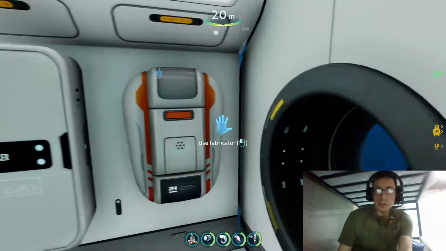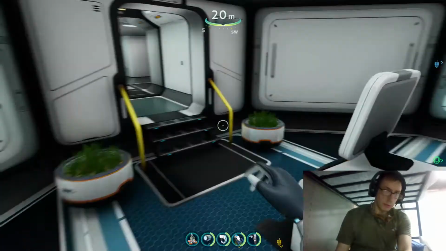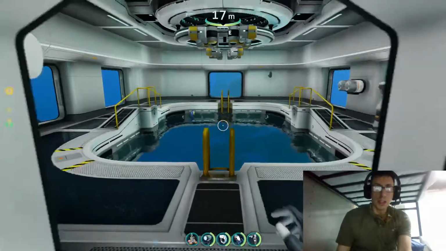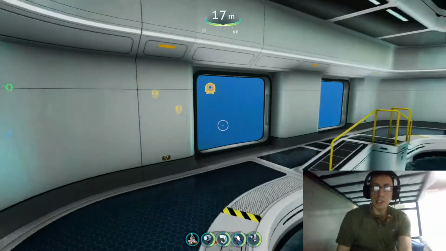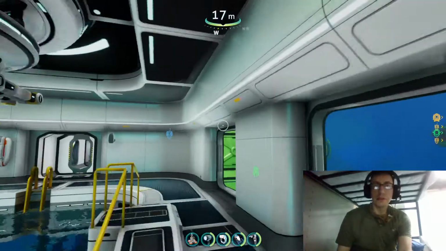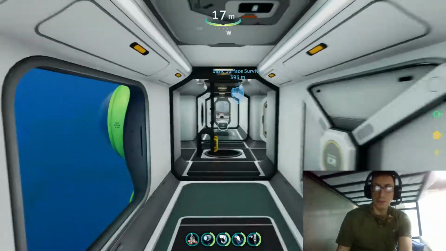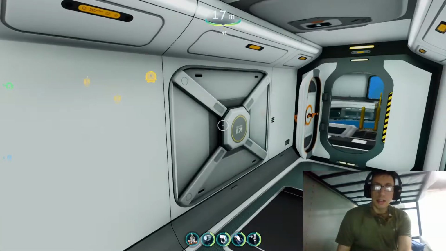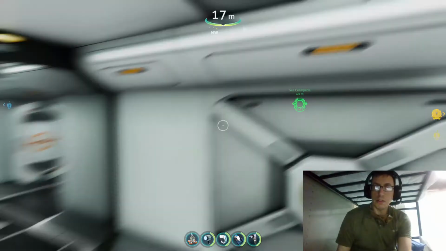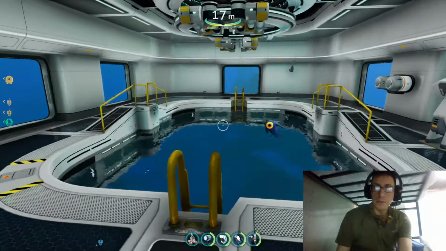There's just one thing I like to do. I like to put a fabricator and a locker by every hatch. This is, of course, going to be determined by how much resources you have and stuff. And as you progress the game, you're going to be collecting more resources and putting bulkheads down. Each bulkhead will add, I think, like 7 hull strength to your base. And if you want to be realistic, just about every...